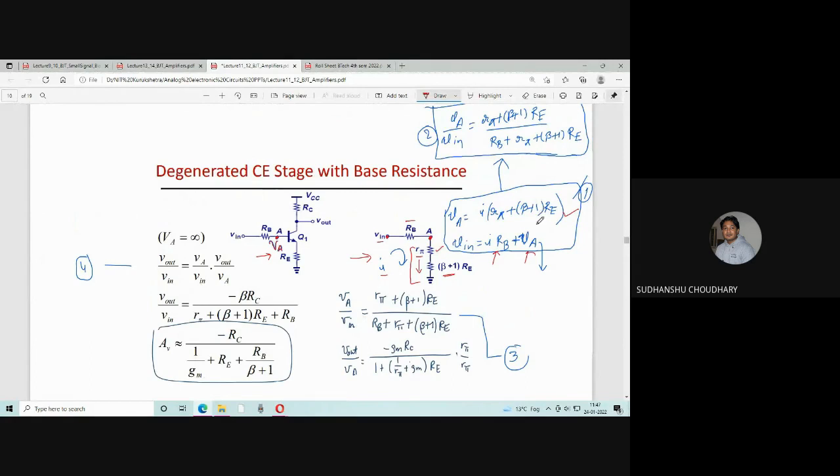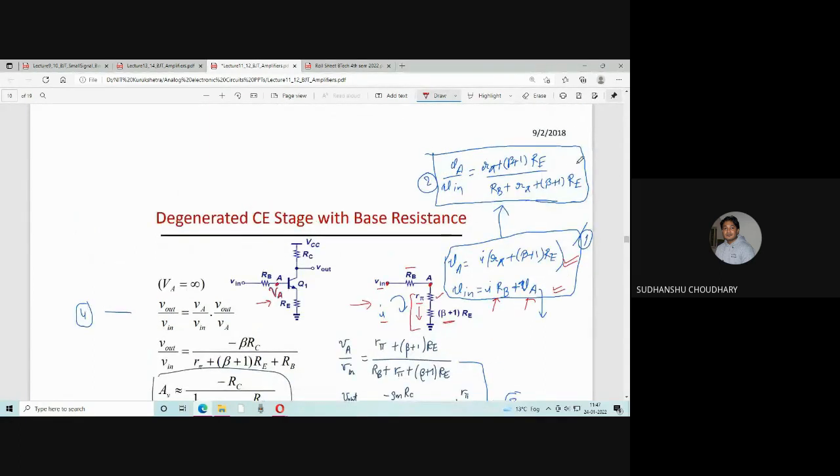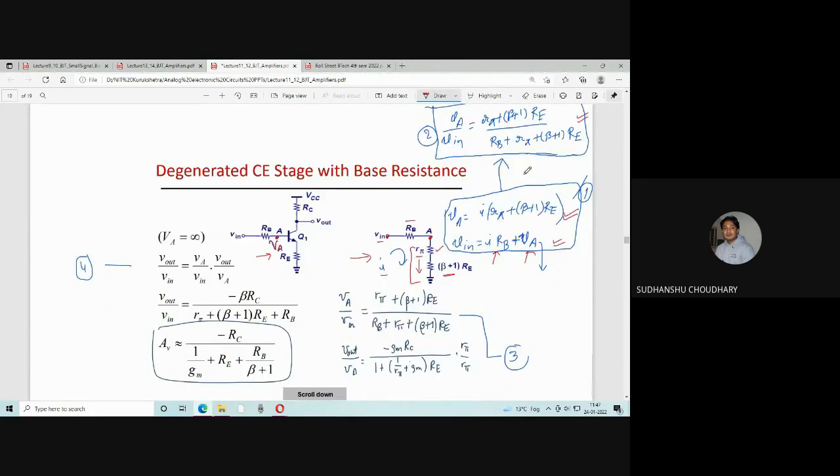Now, next, what we can find is the ratio of VA to V in. That is VA, if I divide this VA by this V in. Okay, so I get a ratio of VA by V in. So this VA by V in would be equal to R pi plus beta plus 1 RE divided by RB plus R pi plus beta plus 1 RE. Okay, where VA is this much. So I'll put this